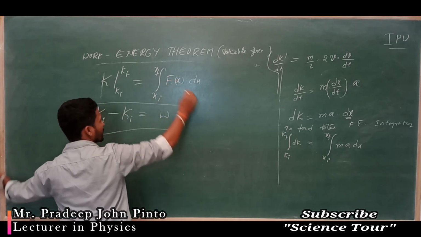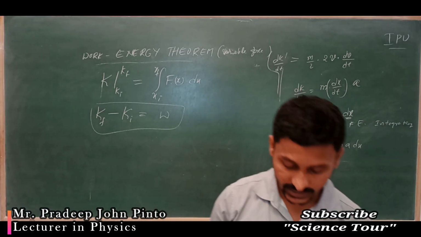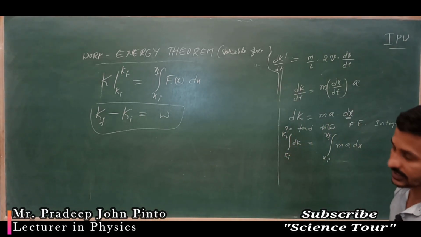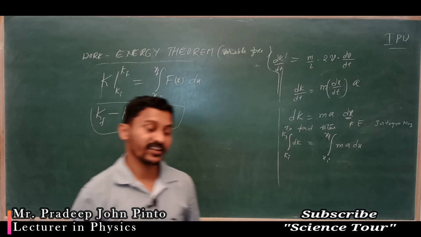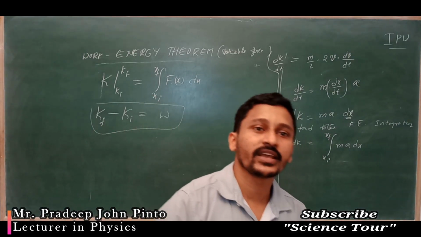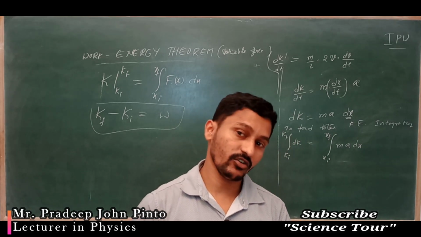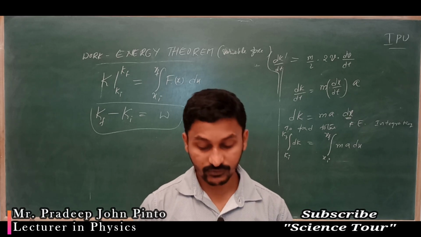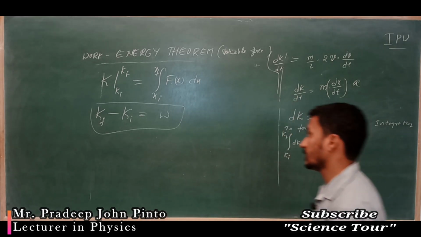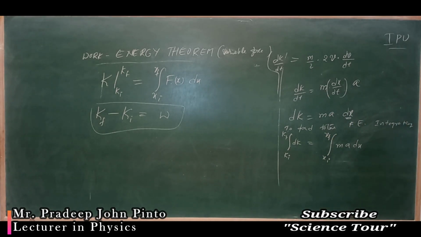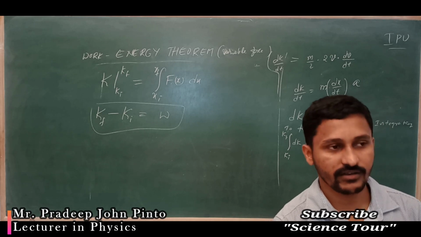Don't you think this is the work done by the variable force? Just now we have derived, that is nothing but work done by the variable force. Hence the work done is equal to the change in kinetic energy, again in the case of variable force. Again the method we have used is different. Why? Because it is a variable force, that is not a constant force. Only for the constant force we are applying the earlier method. This will come for 5 marks. Remember, this is a very important derivation.